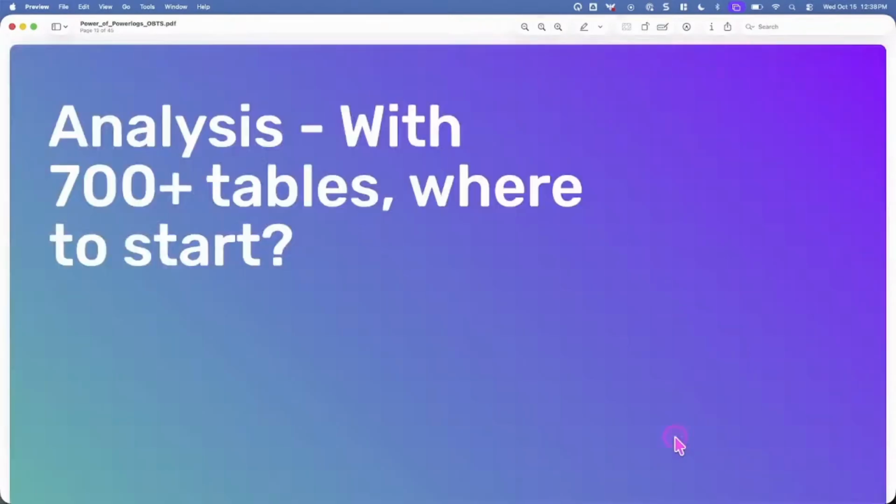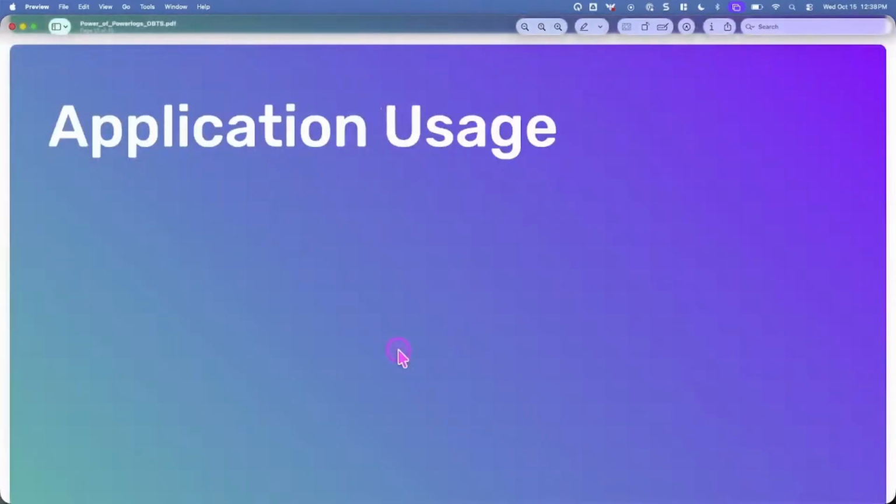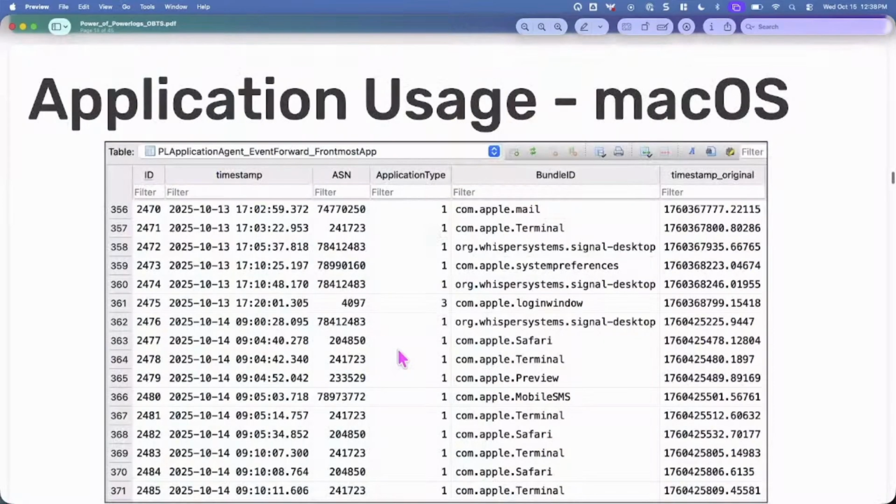All right, so let's go take a look at some of these. First topic I'm going to talk about, so I'm kind of switching around to different topics here: application usage. A lot of the times as a forensic analyst, I want to know which app a user was using at a very specific time frame. And we got a lot of different variations of that one. It's going to be somewhat dependent on the type of device. So on macOS, we're going to be looking at the frontmost app. So you can have multiple screens. It's whatever app the user is actually looking at that time.